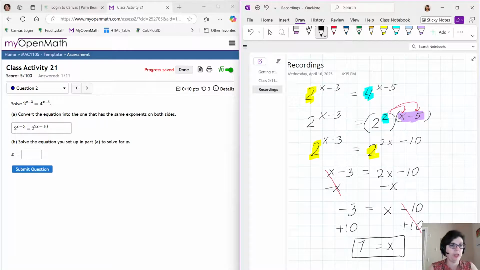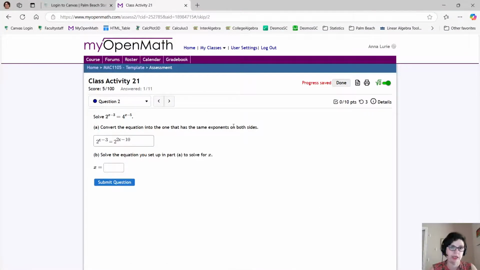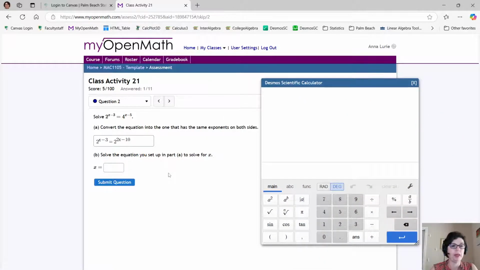Now, what's important, as I was telling you before, is that when you think the answer is, let's say, 7, you need to verify that. So open up your calculator and plug in the 7 in the original equation. Do not plug it into some intermediate step, because it is possible that you messed up somewhere on the way. So let me plug in 2 to the power, and let's put it in parentheses so it stays on the top, 7 minus 3. Okay, so that's 16. And then I'm also going to do the same thing on the right-hand side. So plug 7 for x, and I can see that the two are the same, and that tells me that I did it right.